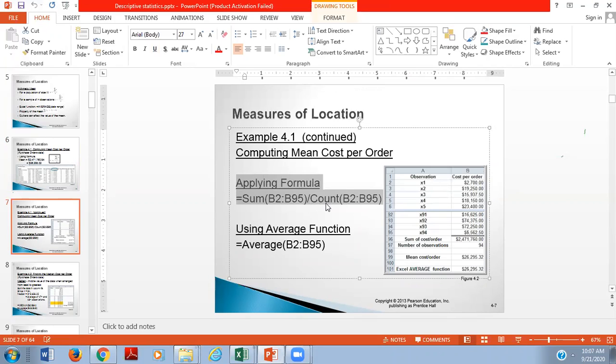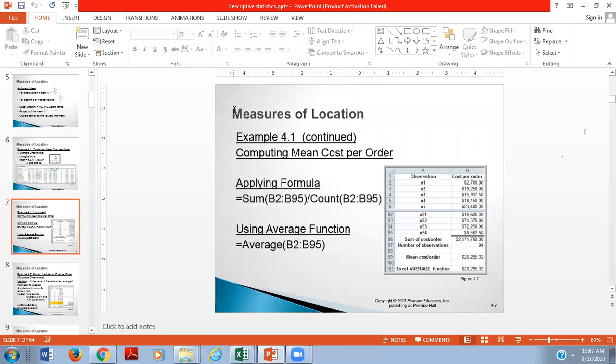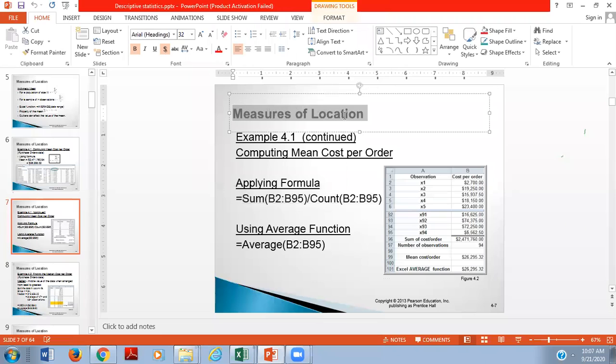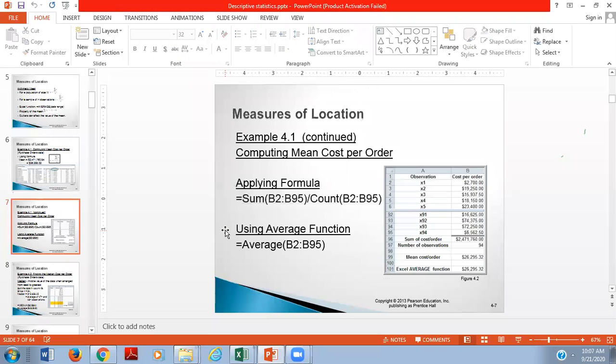Then count, meaning the number of items in a particular column. The same concept is applicable again with the help of the average formula. So this is the way through which we can calculate the mean. We are discussing right now the measures of location. So the first measure of location is mean.